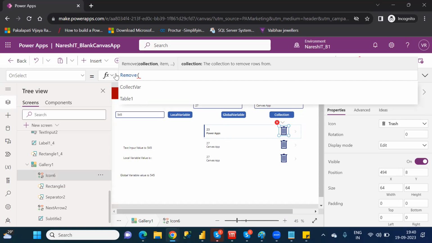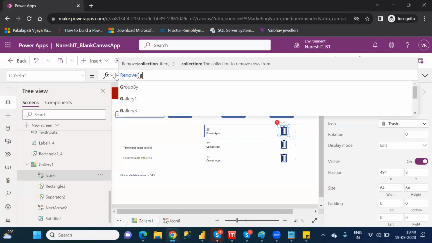If you want to delete a particular record, must and should you have to use the remove function. Clear is also there, but clear will delete all the records from the collection itself, not from the data source table data. Remove will remove collection-related records, or else the data source table also, but it will remove a particular record. So what is the collection name here? Global